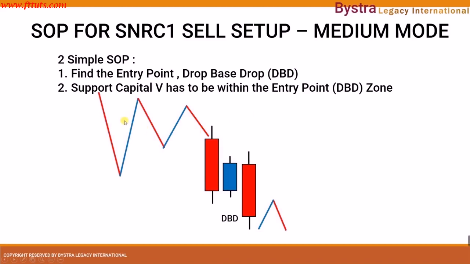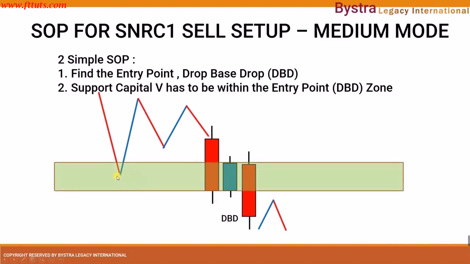So here, as we can see, there is an entry point, which is the drop base drop. At the same time, we can see there is a capital letter V support. So first of all, we mark the zone of the entry point, in this case the drop base drop. We mark it so that we can identify that the capital letter V is inside the drop base